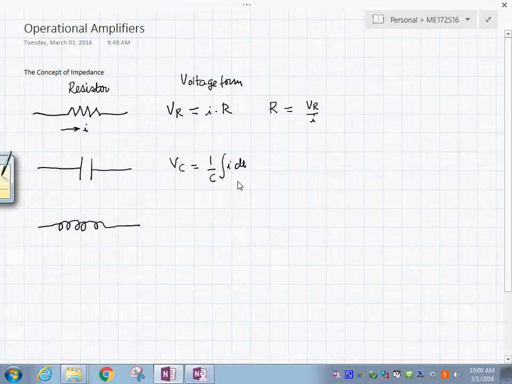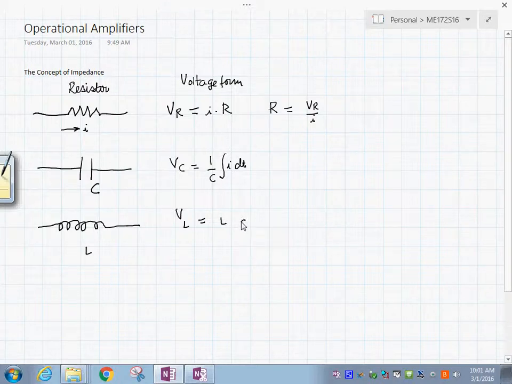And if we have the voltage across the inductor in here, let's say C here, and then we have L in here. This is L times di/dt. Okay,